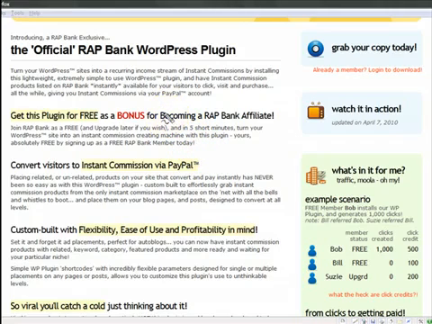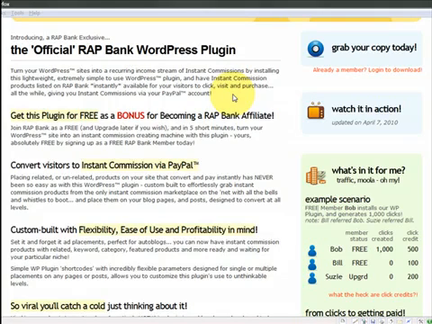First of all, and most importantly, this plugin allows you to turn your WordPress sites into a recurring income stream of instant commissions. That is a major point. This plugin will single-handedly put RapBank listed products, which now total nearly 600 to date, with instant commission products, most of which have one-time offers. So you have 2 chances to make a commission with a visiting person on a product site, and it allows you to place these links with images, with titles, if you want all 3 or if you want just one,